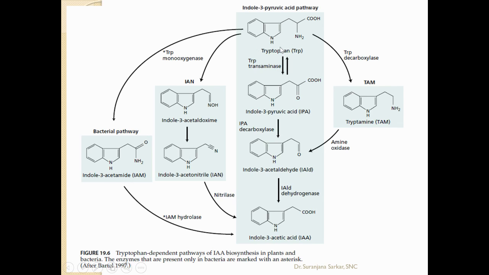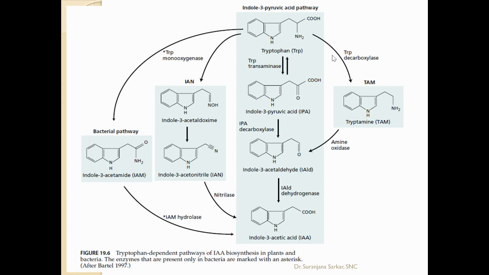From tryptophan, tryptophan transaminase enzyme produces indole 3 pyruvic acid. Then IPA decarboxylase produces indole 3 acetaldehyde, and from that compound, finally indole 3 acetic acid is produced. This is the IPA pathway. In the TAM pathway, TRP decarboxylase enzyme converts tryptophan into TAM, that is tryptamine. Then amine oxidase enzyme converts it into indole 3 acetaldehyde, and from indole 3 acetaldehyde,